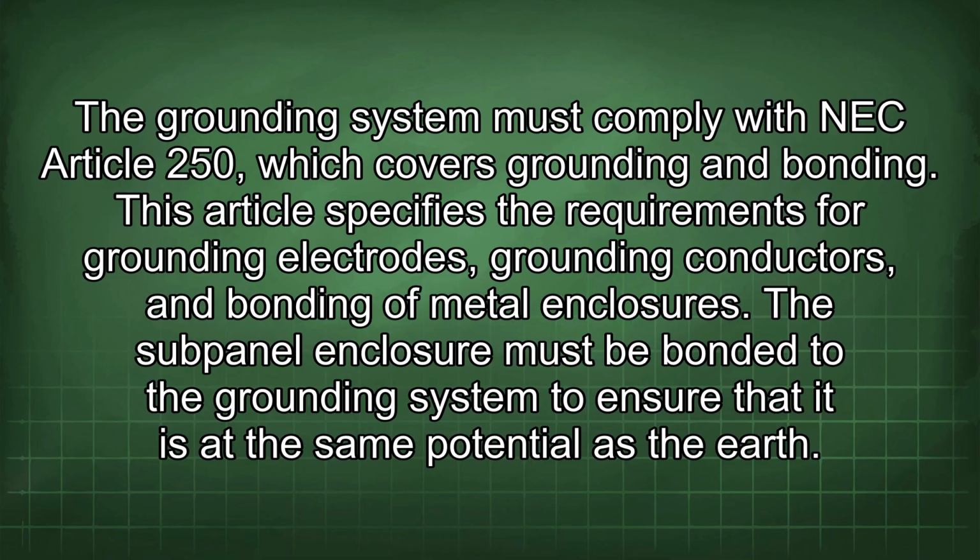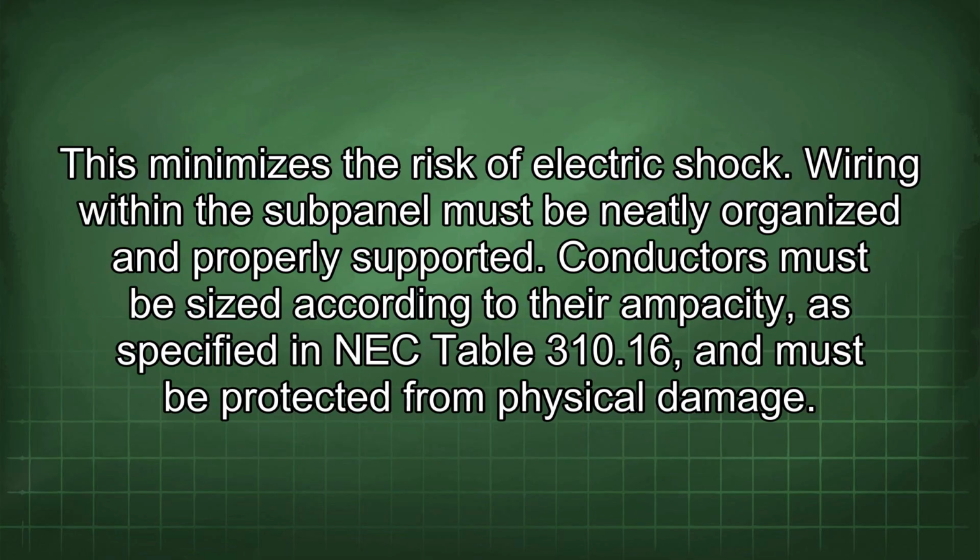The subpanel enclosure must be bonded to the grounding system to ensure that it is at the same potential as the earth. This minimizes the risk of electric shock. Wiring within the subpanel must be neatly organized and properly supported. Conductors must be sized according to their ampacity, as specified in NEC Table 310.16, and must be protected from physical